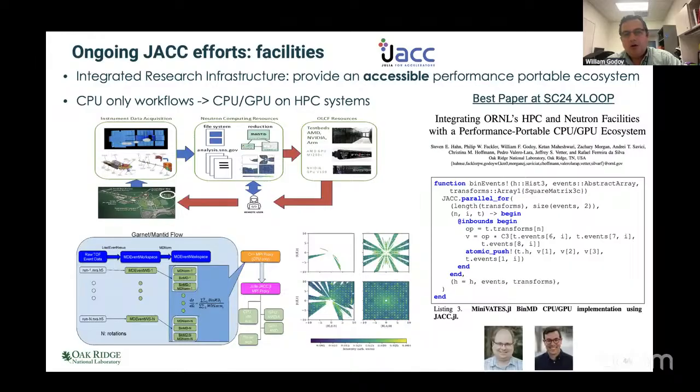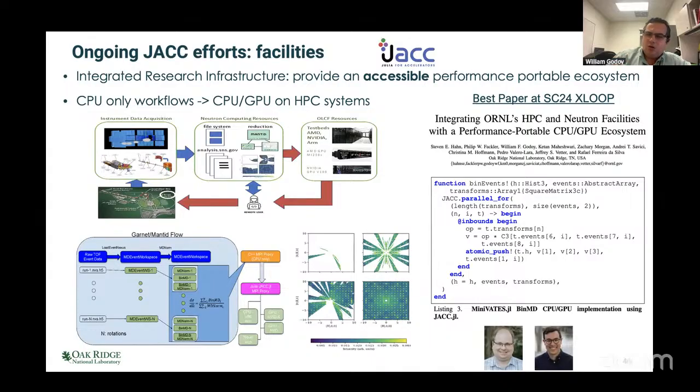Work done by our colleagues, they grab JACC, and as you can see, the appeal here is that you write your kernels and they look very scientific, right? Unlike in C++, in which you have to adapt to the system language or you use a library. But in this case, because Julia is already scientific, my colleagues Philip and Steve developed this proxy app to